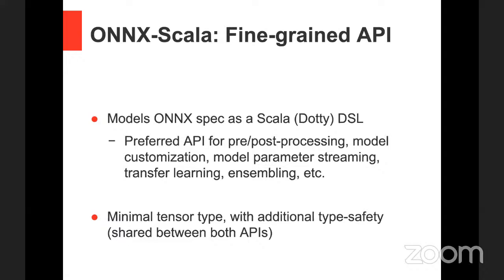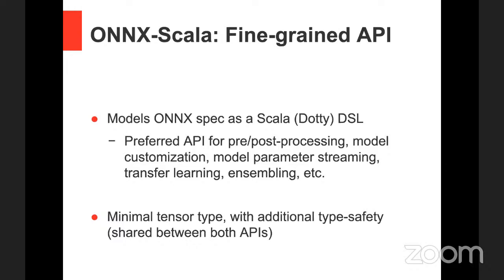The second API that we have in ONNX Scala is for everything else, basically, when you don't just have a single large computationally intensive model that you just want to take off the shelf. And there are models for these things. You can find many of them. It's actually very good, this state of sharing these models these days. But there are lots of other things that you need to do, like pre and post processing,